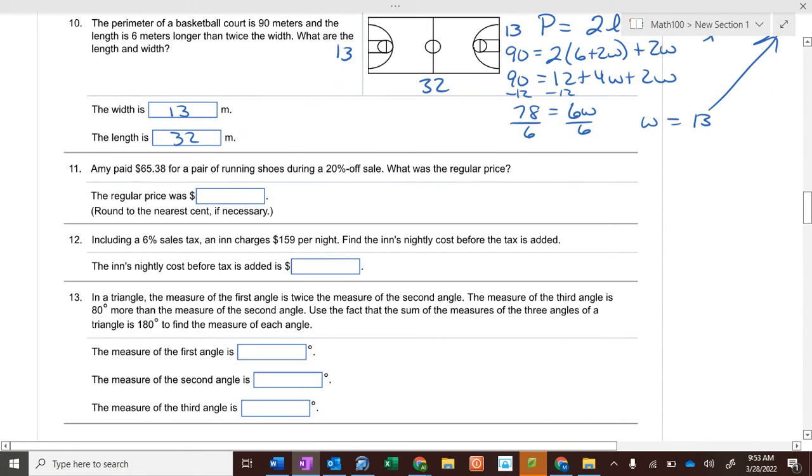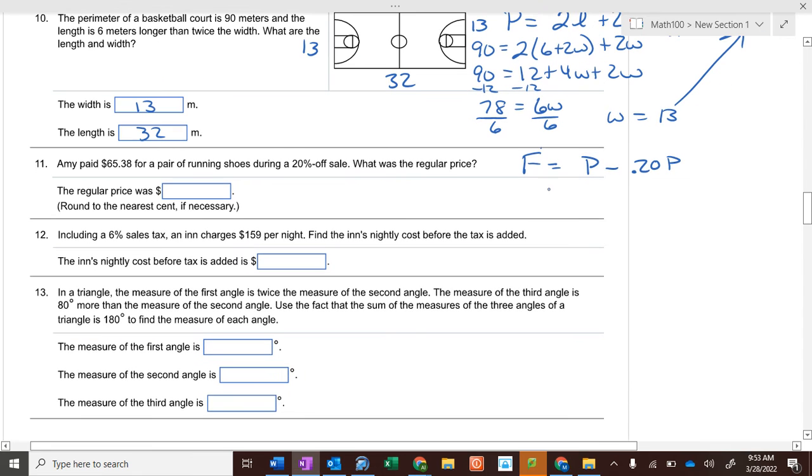Amy paid $65.38 for a pair of running shoes on a 20% off sale. So the final price equals the original price minus 20% of the original price. So 65.38 equals 0.8 times the price. So if we divide by 0.8,